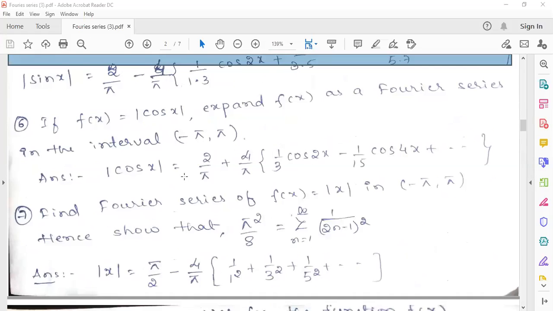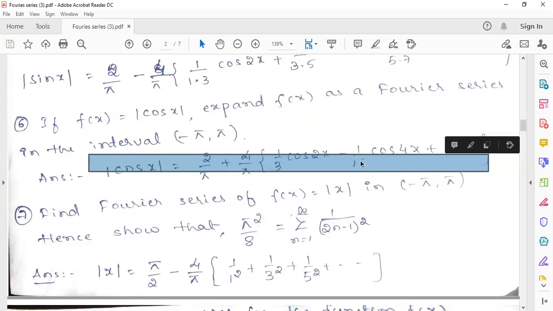So this one, modulus of cos x, will be similar to the last problem. That's why I have not solved it, I have just given the answer. So try to find it out. In case you are not getting it, I have a soft copy of that book, with the solution for this particular question. I have both modulus of cos x as well as modulus of x. So for that purpose only I have written the final answer. In case you are not getting the answer I have given, I'll send the soft copy of that one. Okay. So just try these two problems, modulus of cos x and modulus of x. These two are similar to modulus of sin x.